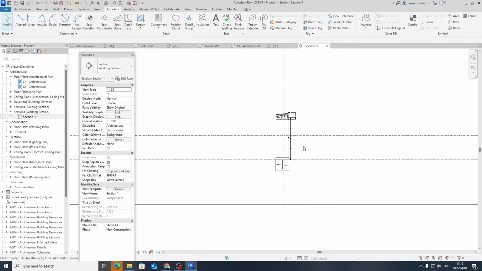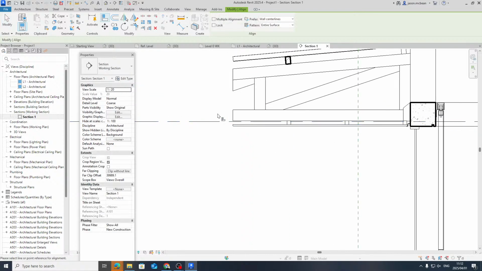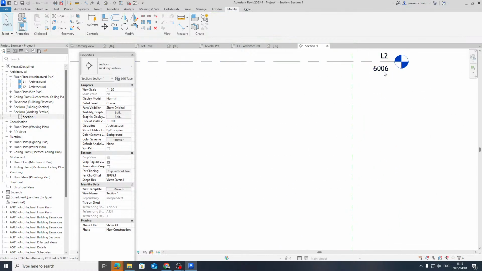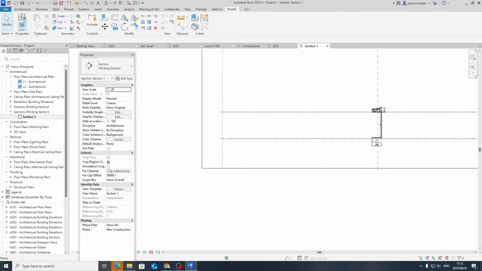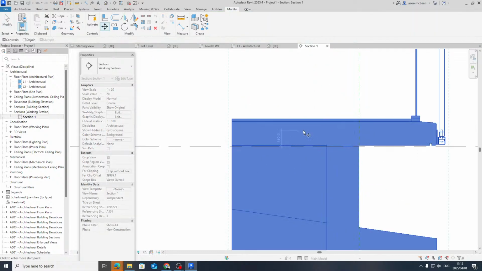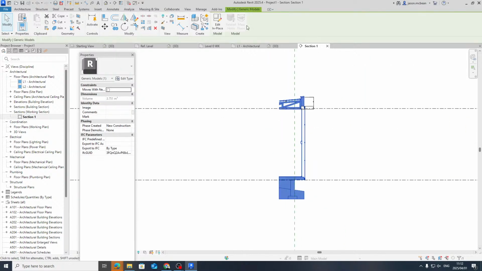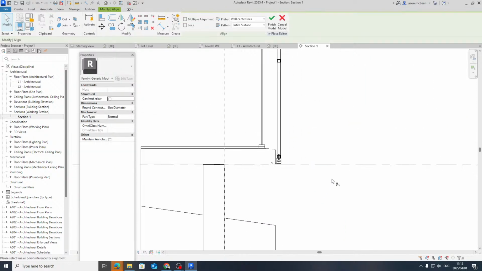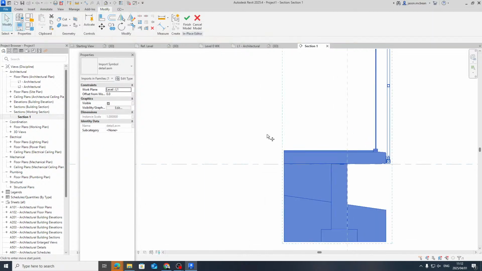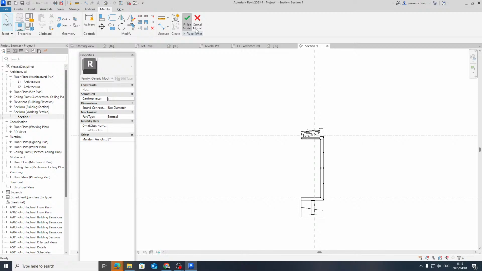You use your levels correctly, so this level should have been maybe to the underside of the truss, for example, and you'll see that this will also be live. These dimensions are also live now. But this should have been down here maybe on this level. But you guys get the idea. Let me just move this down, align that to the top of, so this needs to move. Unpin that, move this down to there. Okay, this guy, finish.